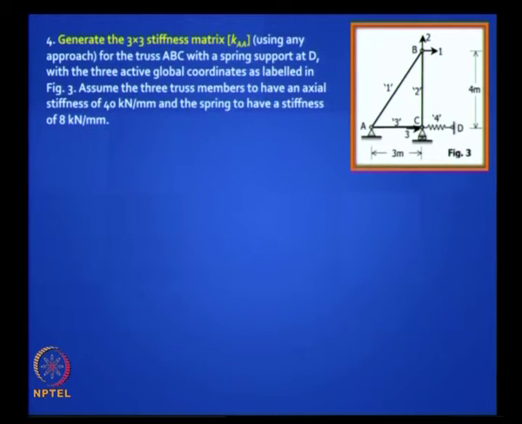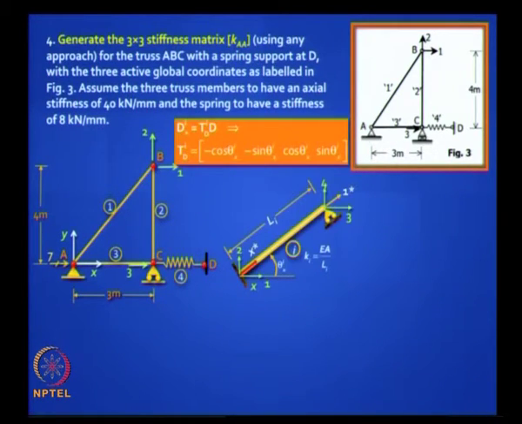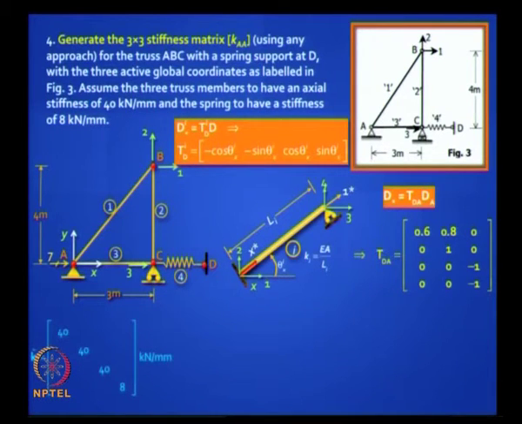again simple, it's a truss. All you needed to do was to generate the stiffness matrix, nothing more. So it's just multiplying some matrices. This is the problem. You know how to write the TD matrix. It will look like that. You have 4 elements. Don't forget the spring is also an axial element. So it's very easy to write down. It's a 4 by 3 matrix. Your K star matrix is child's play.